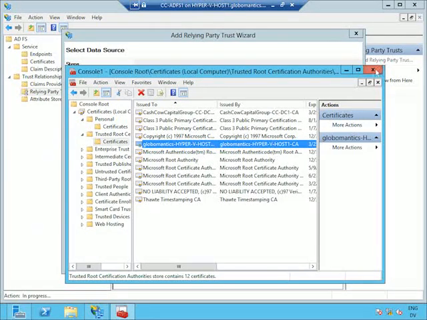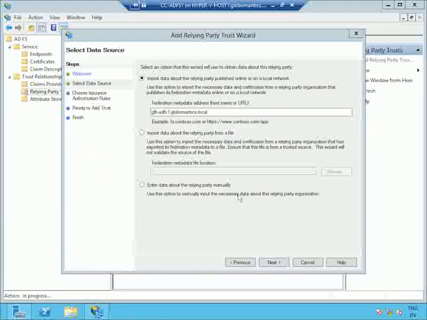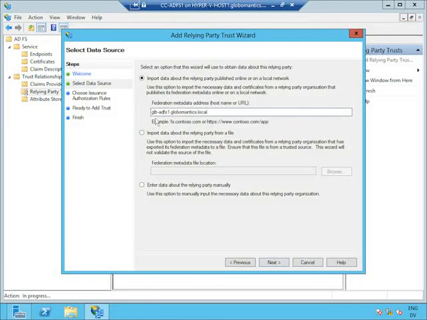That being done, I can now come back to my ADFS dialog box, which tried to connect to GlobalMantics' ADFS server but failed to do so with SSL because I didn't trust the certificate that I was getting from it. But now I do. I'm going to click Next in this dialog box again, say go back to GlobalMantics' ADFS server, go get that Federation metadata file and check it out,